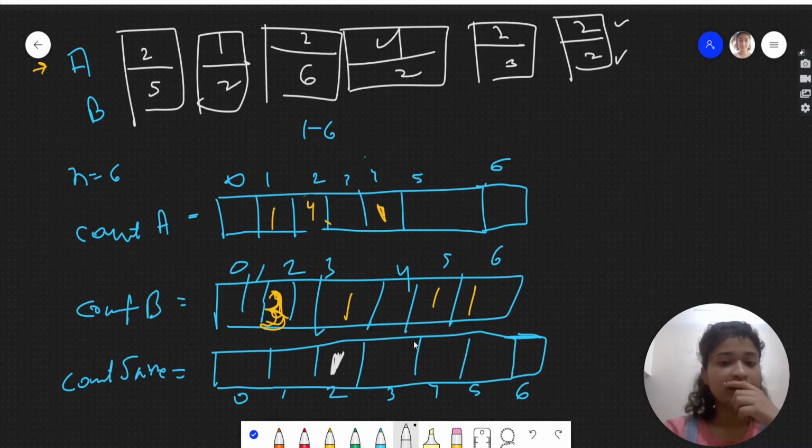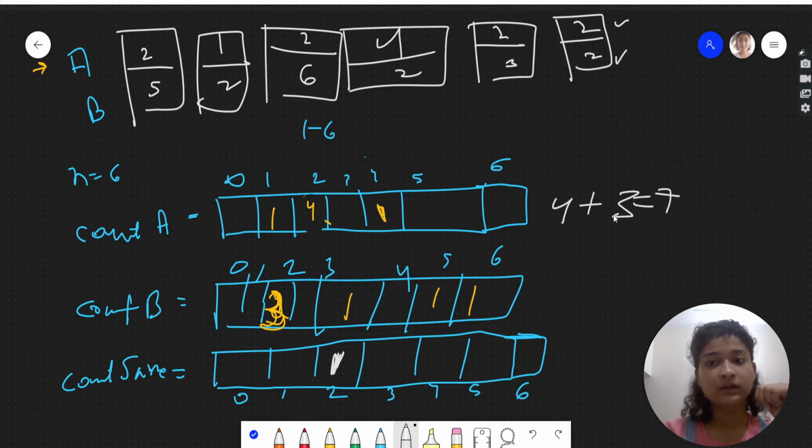Okay. So why are we storing 1 here? Why are we having this? See, because 2 was occurring in the top half also, and 2 was occurring in the bottom half also. So if you see, count A is 4 for 2 and count B is 3 for 2. So 4 plus 3 becomes 7. But ideally we need to have 6 twos, na? 6 twos, because there are 6 dominoes. So 6 twos should be there, right? That logically should be there. Why is 7 coming? Because there were 2 twos in the same domino.